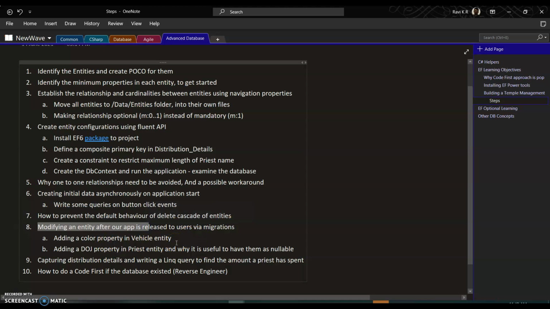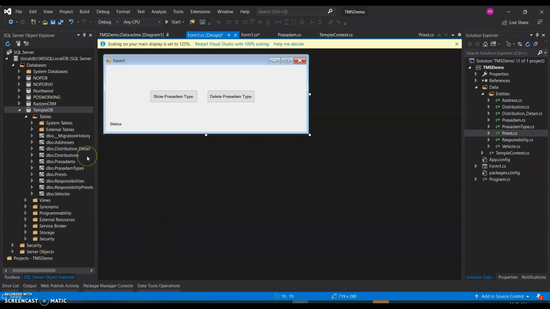If you remember, in all these videos, whenever we made any change to our model, adding a property or adding or removing a constraint, we used to get an error that the model and database are not in sync. Basically, the model has changed. That is because Entity Framework keeps track of all the changes done to the model and whether these have been reflected in the database. That is done in the migration history. That is why, when we went the code first route, the migration history table was created.